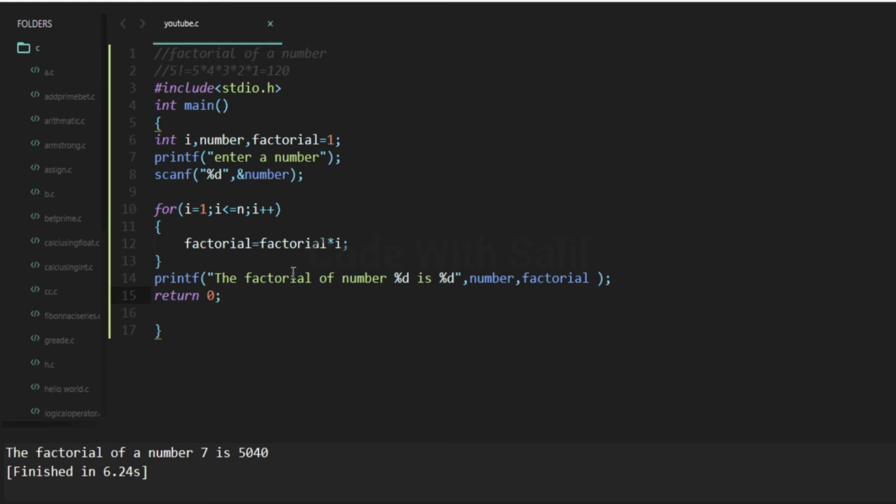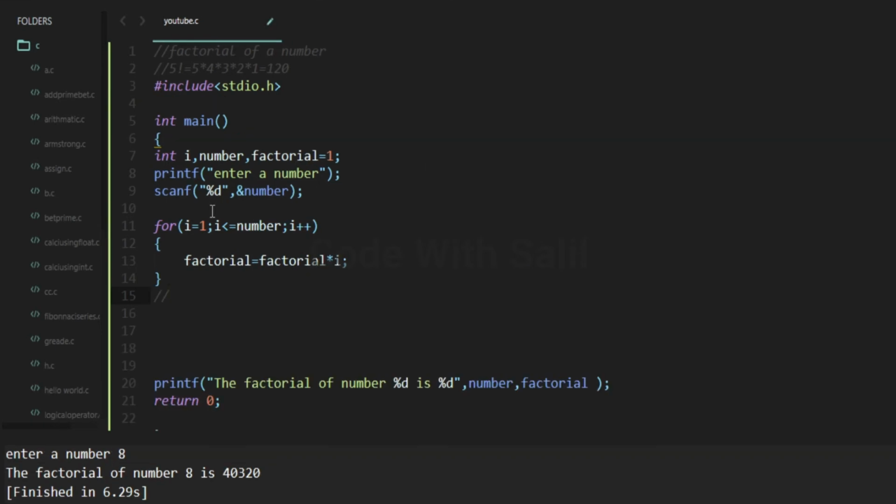Now see what will happen here. It will check i equal to 1. 1 is less than or equal to the number entered by the user. Suppose we have entered the number 5, so is i less than or equal to 5? Yes, so the block will execute.